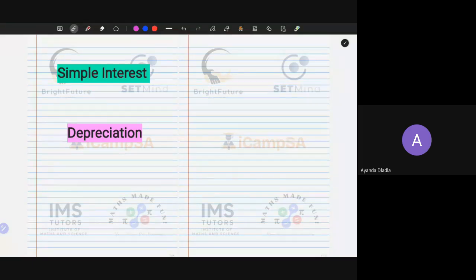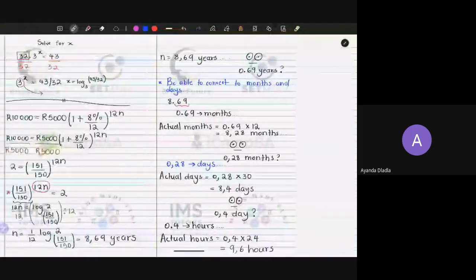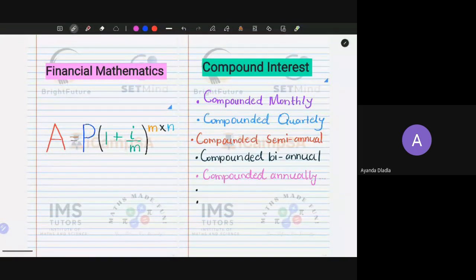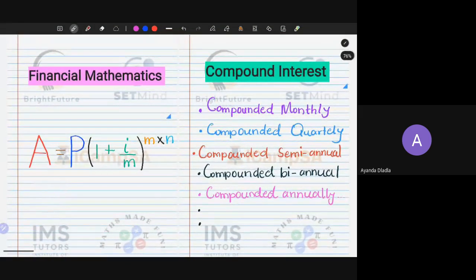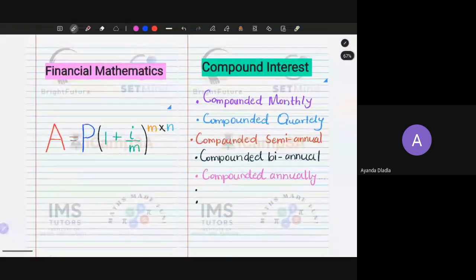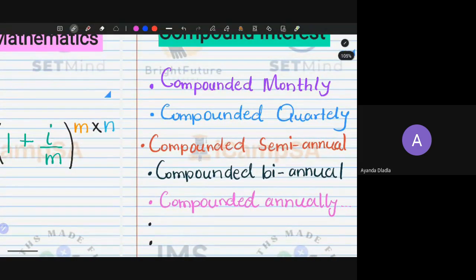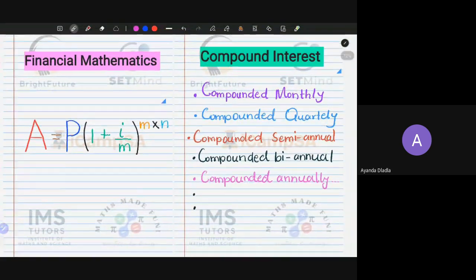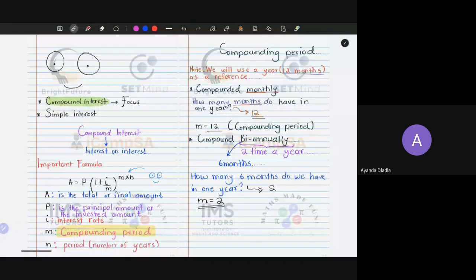Awesome. Thanks for that. So maybe just a quick brief following up our last lesson. The last lesson, which we had before we start this one, we covered compound interest. Guys, if you remember, we did financial maths, we covered compound interest, and we looked at compounding periods. We looked at something that is compounded monthly, quarterly, semi-annually, also known as biannually, and also compounding periods where they say the compound is annually. And if you remember, just an overview before we start today,